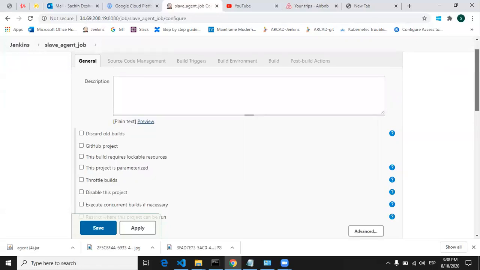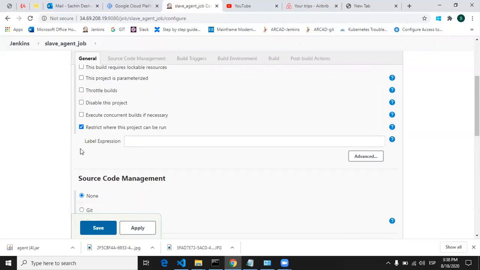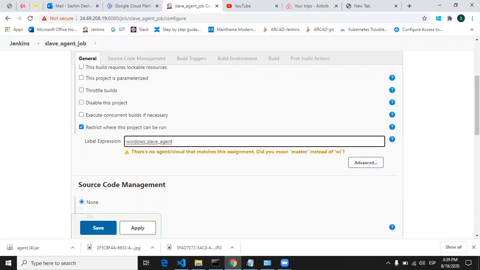In this configuration section, you will see the last option, that is restrict where this project can be run. That means we are explicitly telling this job to run on which slave agent. Okay, so if you click on Windows slave agent, then automatically the label will come for that agent. You just have to select that Windows slave agent.